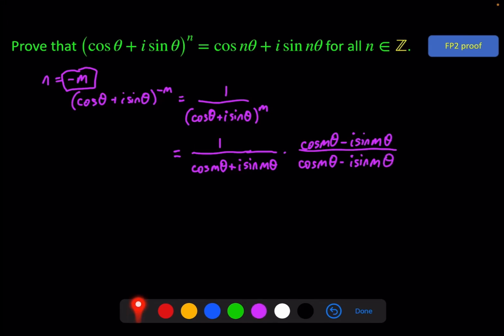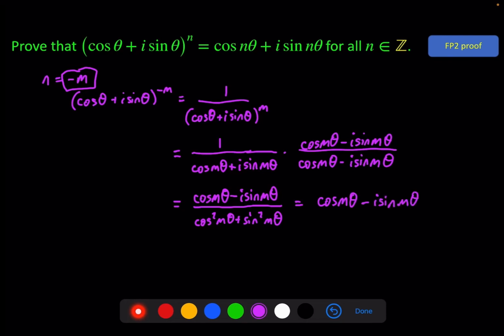And the reason we do this is because we know when we multiply i sine m theta times cos m theta minus i sine m theta times cos m theta, those two terms cancel out. So in the denominator, we end up with cos squared m theta minus i squared, so that changes to a plus sine squared m theta. And you know cos squared plus sine squared with the same argument is just equal to 1. So the denominator is going to become a 1. In the numerator, we just have cos m theta minus i sine m theta. So that all simplifies to this,